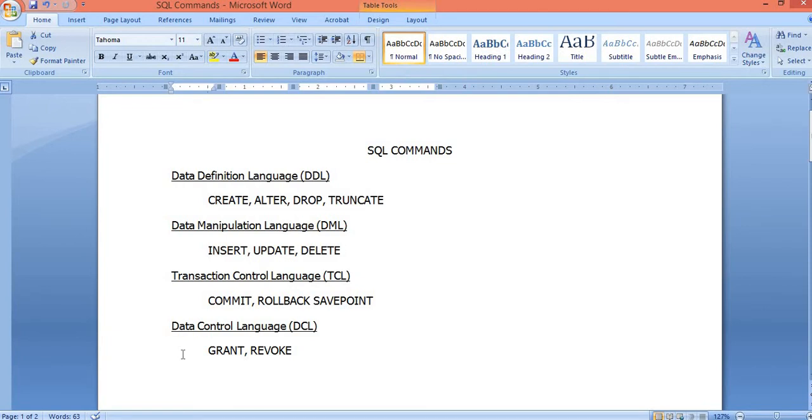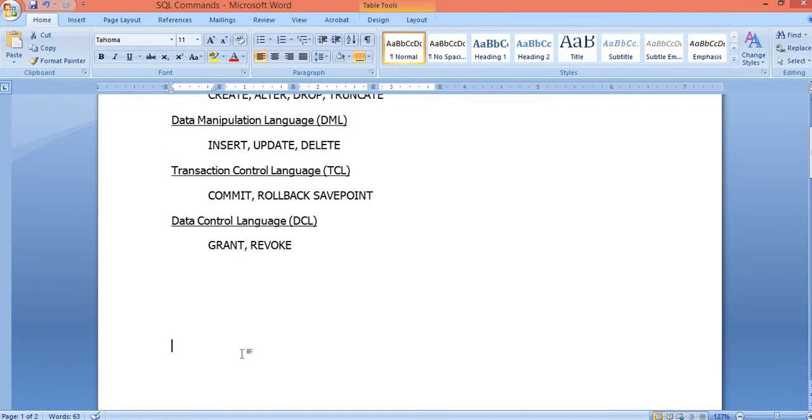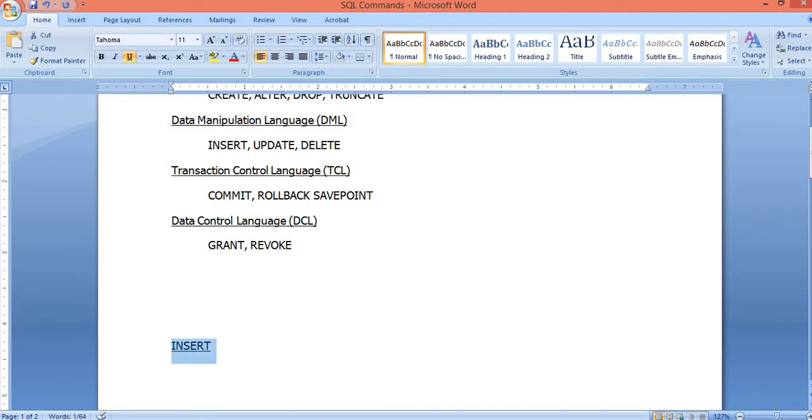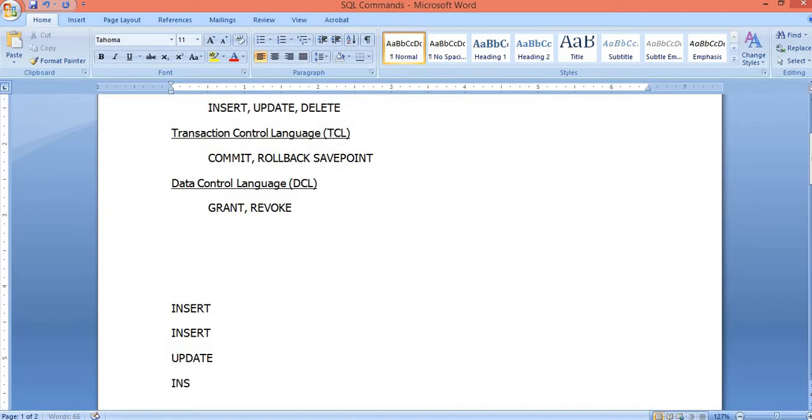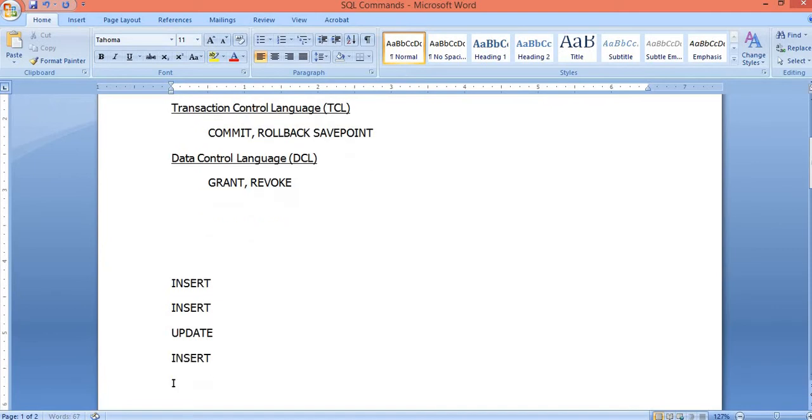Assume that I want to do a task. For that task, I need 4 or 5 statements. Let us be specific. First I have an insert statement, then again an insert statement, then an update statement, then again insert statement, again insert statement.